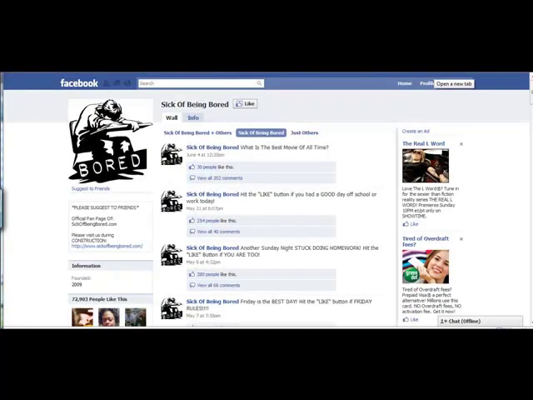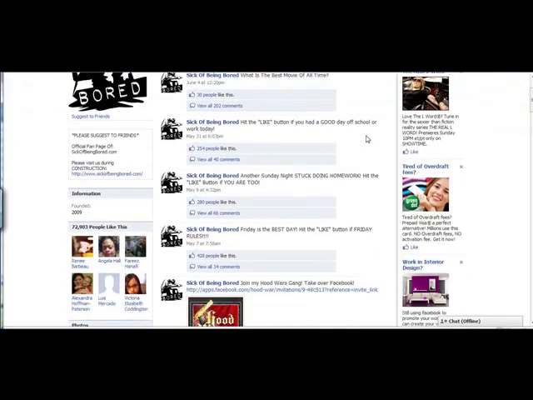Okay, so now let's go ahead and jump ahead. Now that everything is in place, you should have a pretty good base of fans, or at least you know how to get them, and you just want to see what comes next. What you want to do is build a relationship with them, and this site really shows a good example of keeping the page active and building a relationship with your fans. This is where you really want to start using the power of the arcade. You make posts, and you'll do this